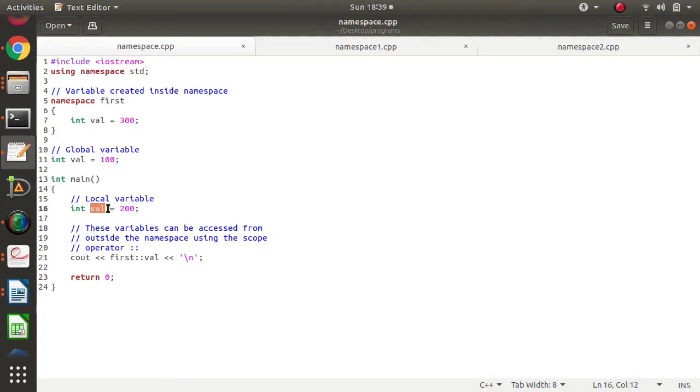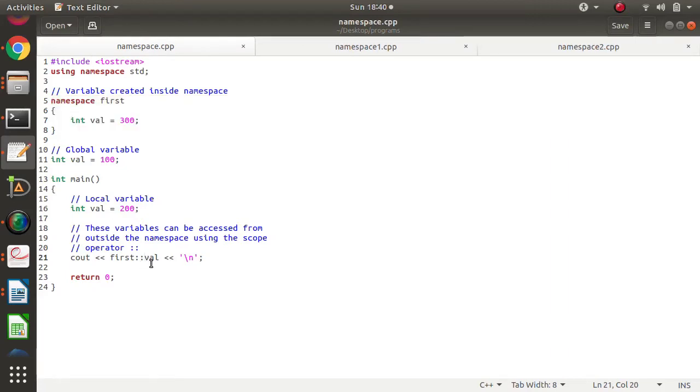This val variable we have allocated 200, and this val variable we have allocated 300, but as the same name is used, when we run it, it will take the local value. But I want to differentiate this val and this val. To differentiate, I have defined this val variable in this namespace.